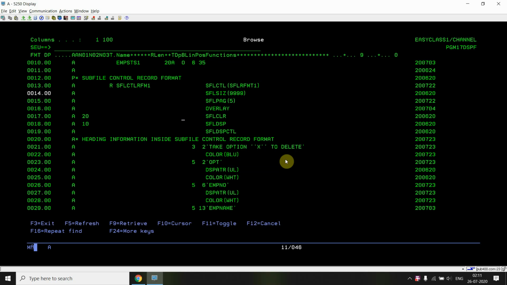Now SFL clear is basically to clear the subfile. So if, for example, I want to clear the subfile, I have to set this indicator to on, and I would be activating this keyword SFL clear, and then I am writing the control format, SFL CTL RFM1, and then I am setting it back to off again